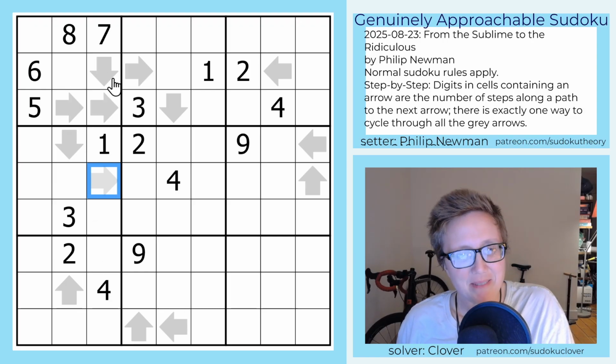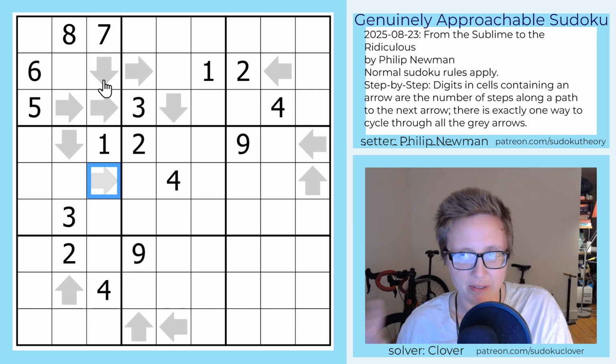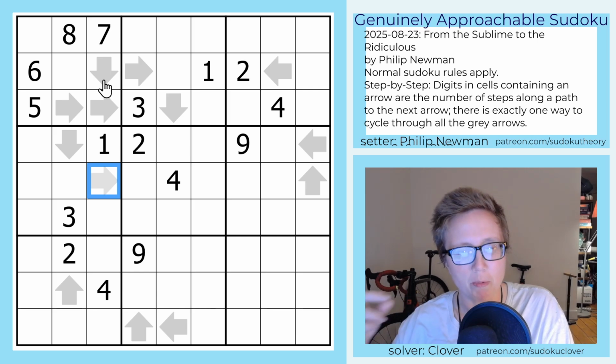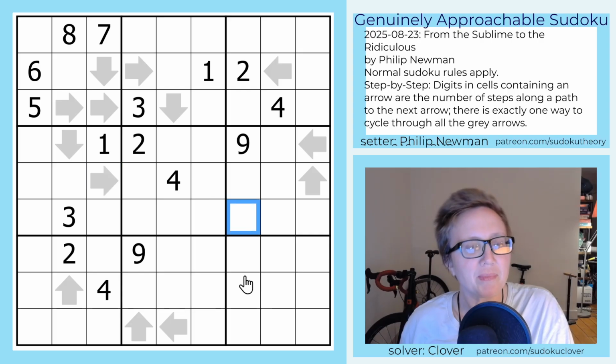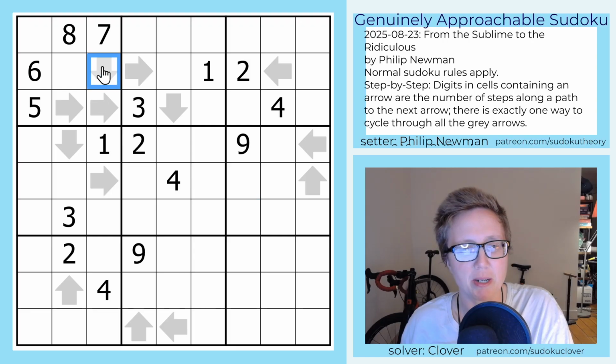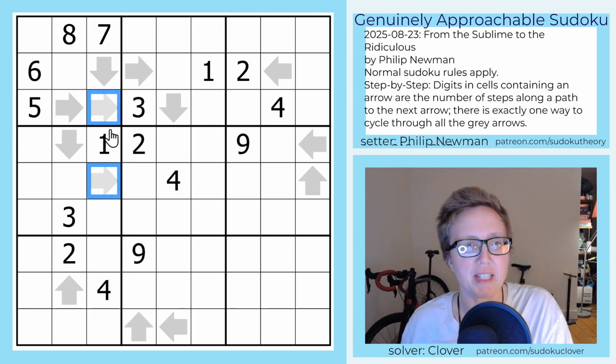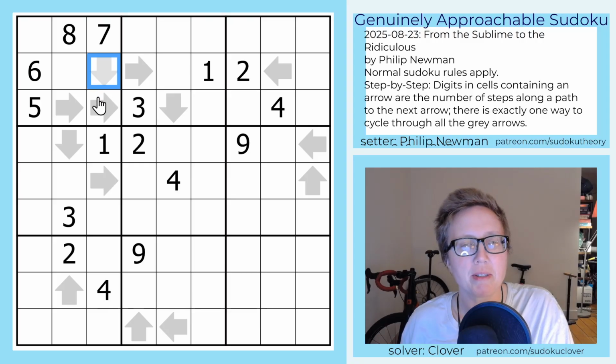But anyways, the way the arrows work is they indicate a path around the grid that takes the form of a loop where one arrow points to the next one, but you don't immediately know which arrows point to which ones in which order, because for instance, this arrow here could point to either of these two as its next step. But an arrow tells you the number of steps you have to take to get to the next arrow in the loop. So for instance, if we do start here,